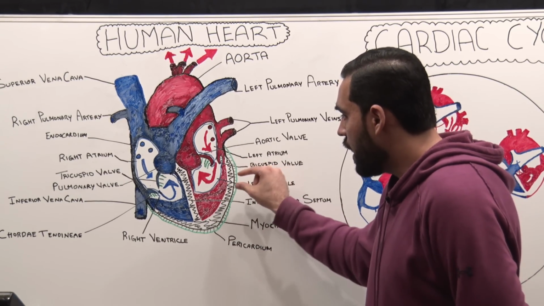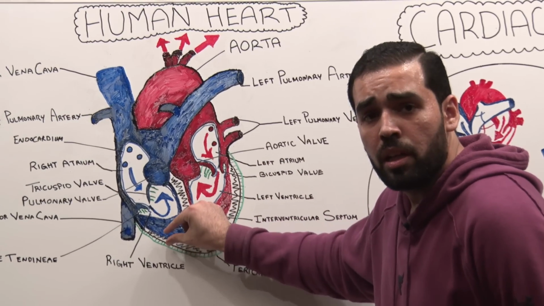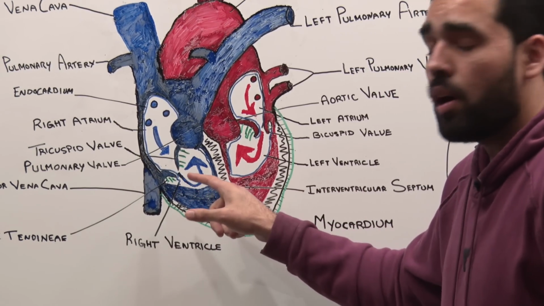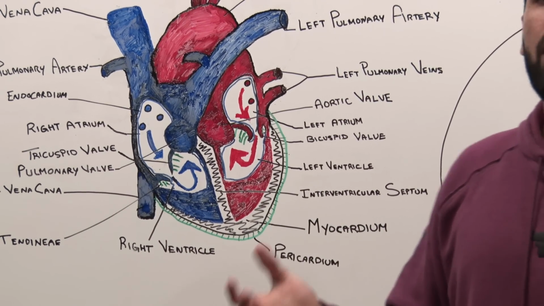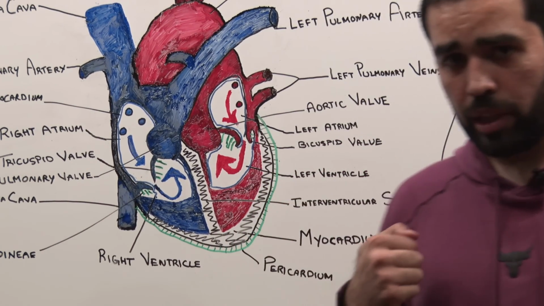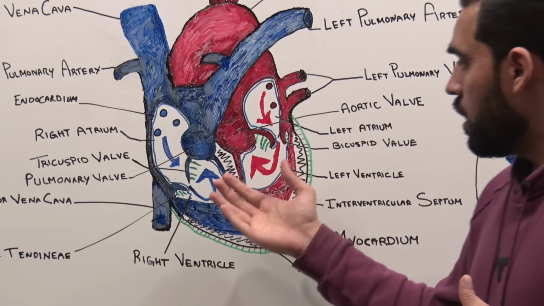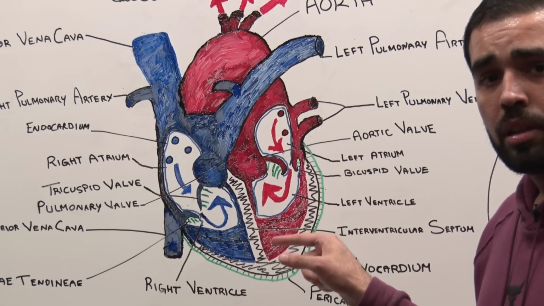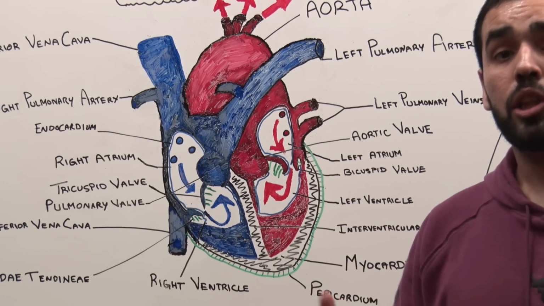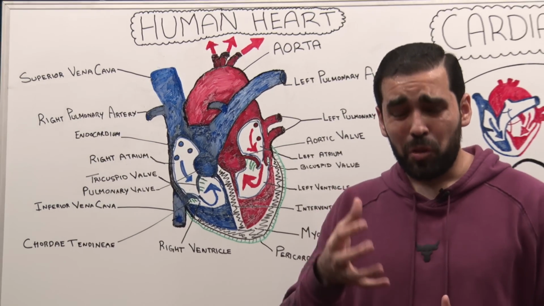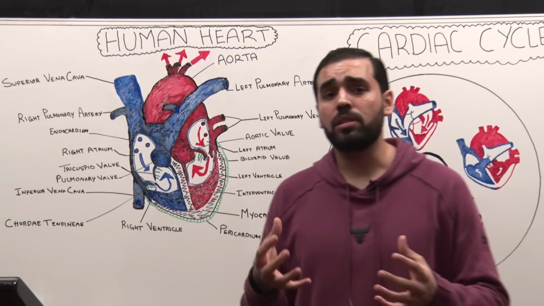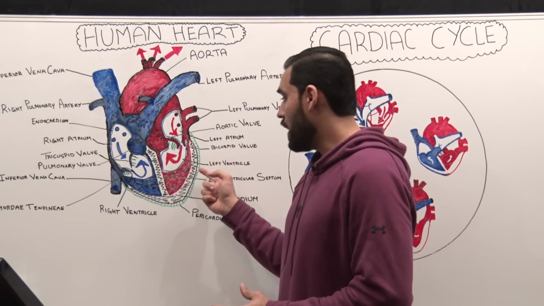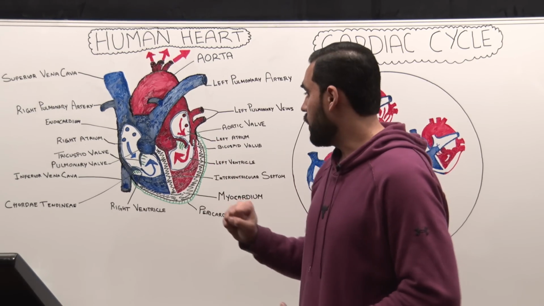Now, you can see that I have drawn a cardiac muscle that is present around, and it's a lot thicker on the left side than on the right side, which logically makes sense because the right side of the heart needs to only pump blood to the lungs. So if your heart is present over here and lungs over here, like I mentioned earlier, there's not as much that blood needs to be pumped. But in the case of the left side of the heart, the blood needs to be pumped in the systemic circulation throughout your body. So there needs to be an extremely high pressure system, and the ventricle needs to contract ferociously or aggressively, okay? Which is why we have a higher muscular mass over here.